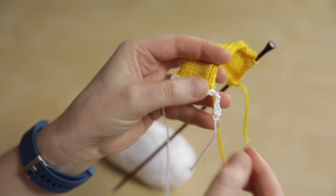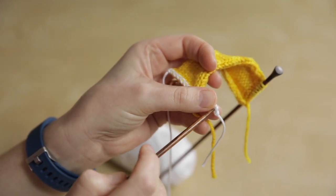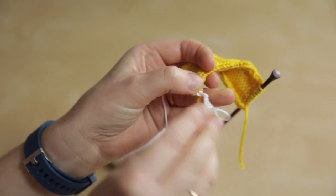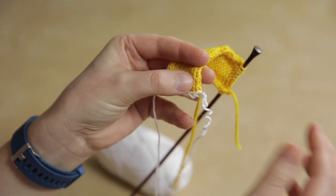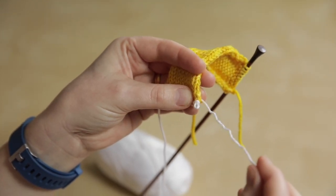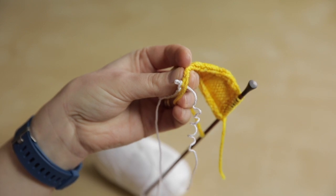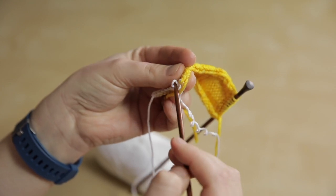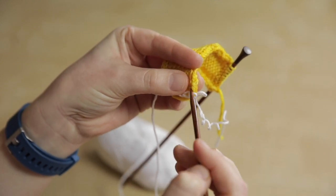And the way that I do that is as follows. I'm going to bring the tail back through the first loop on the chain. Once I've done that, you can see that I've now got a stitch on the chain, and it should just undo by gently pulling on it. Keep doing that until you come to the beginning of your stitches, and you can then have a knitting needle ready. As you pull out the waste yarn, you will see the stitch being revealed,